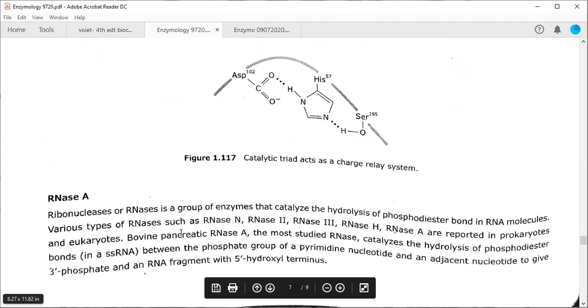So bovine pancreatic RNase A, we are discussing the most studied RNase. We have studied a lot about this, so we have a clear knowledge of its mechanism of action. It catalyzes the hydrolysis of the phosphodiester bond in the single-stranded RNA itself, between the phosphate group of a pyrimidine nucleotide, you know, pyrimidines are C, U, T, okay, there are 3 pyrimidines, and an adjacent nucleotide, to give a 3' phosphate and an RNA fragment with a 5' hydroxyl terminus. If it is not clear to you, it is giving